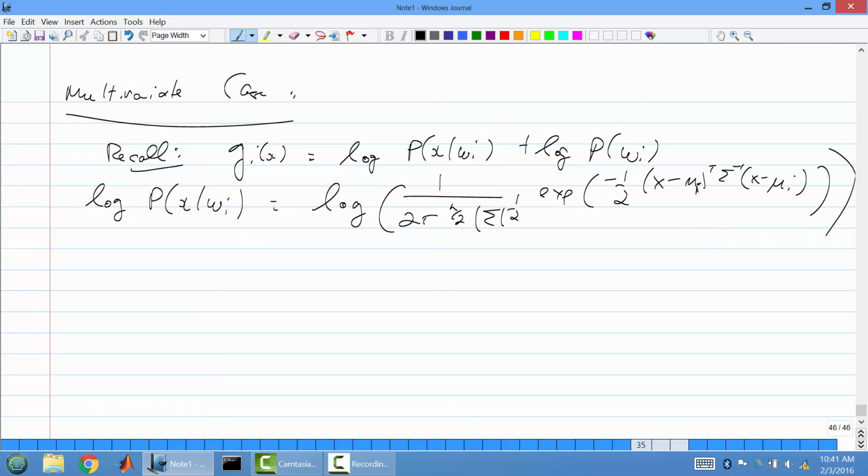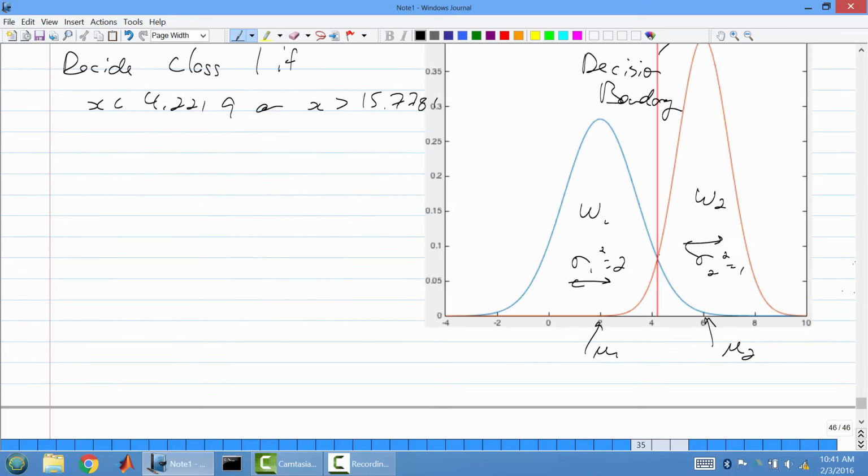All right, log. Okay, so what's going to happen now is it's the same situation as before. So you have something at the top and something at the bottom. So when you take the log of a fraction, it's the same thing as taking the log of the top, subtract the log of the bottom. And the log and the exponentials cancel, so we're left with, okay, so that's this guy, and then you subtract with